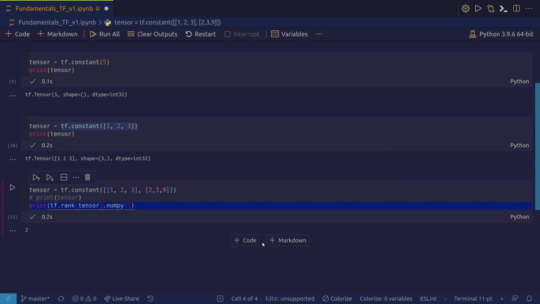So if you understood, if I do not pass numpy, so let's say I delete that and I do this, then it just prints the same thing that it was printing, that it's a tensor of shape this and this type, but it's not giving me the rank. To give the rank, I have to use a numpy function to transform the tf.tensor to a numpy array, and only then will it give me the rank. And in this case the rank is 2 because I have two vectors inside the tensor. All right, so